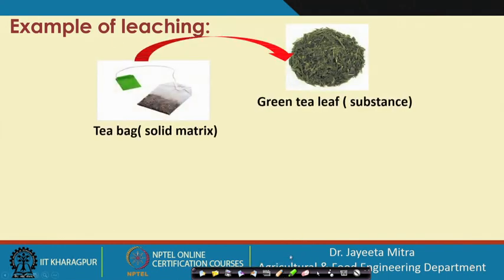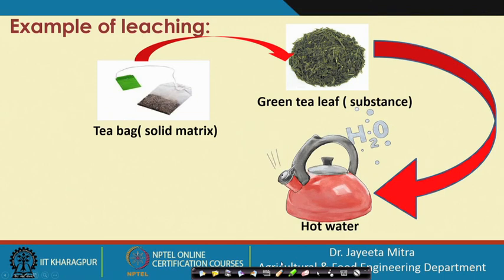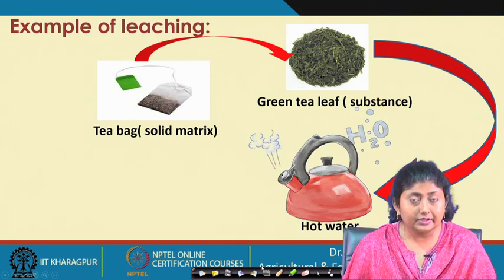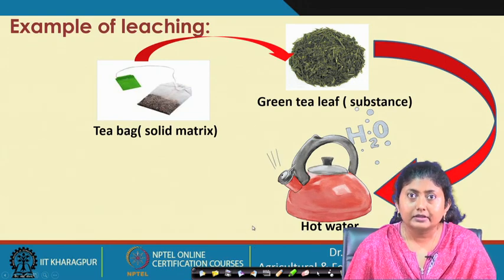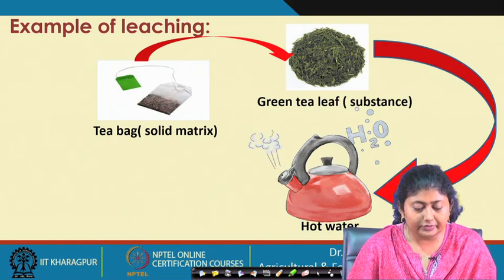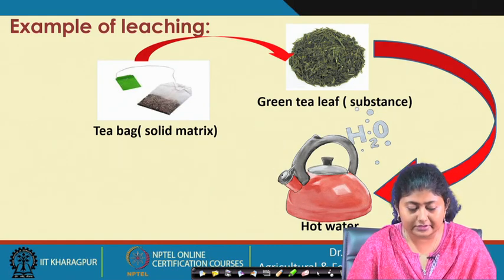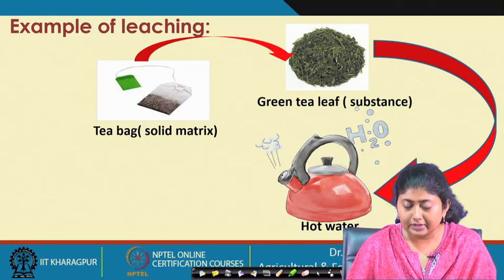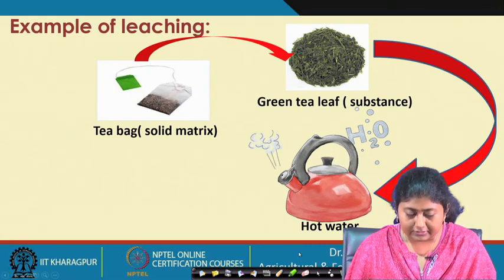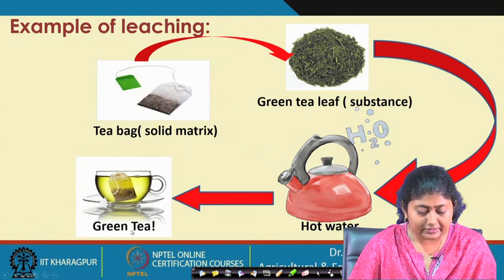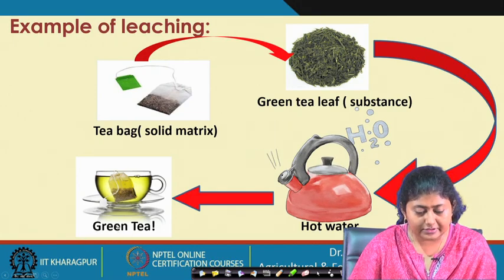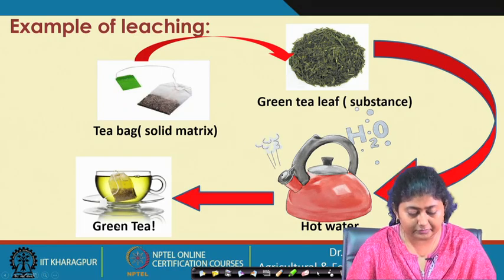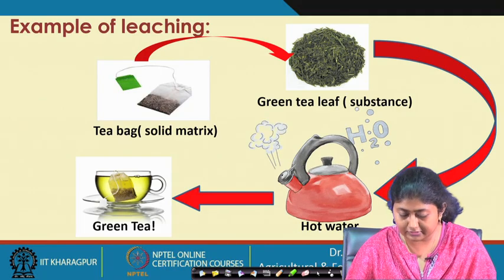In everyday life, you use one very common application of leaching, which is when you use any tea, whether it is black tea or green tea bag, in your morning tea. We take a bag with granulated green tea leaf in it, dip it into the hot water, and then we get the tea. So, this is actually leaching of the polyphenols into the hot water. Okay. This is a mechanism of leaching, a very simple and easy experiment of the leaching process.